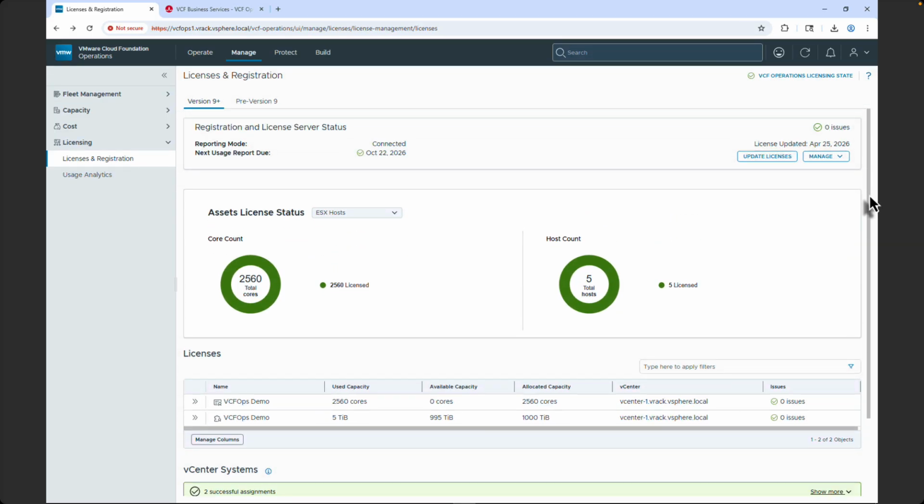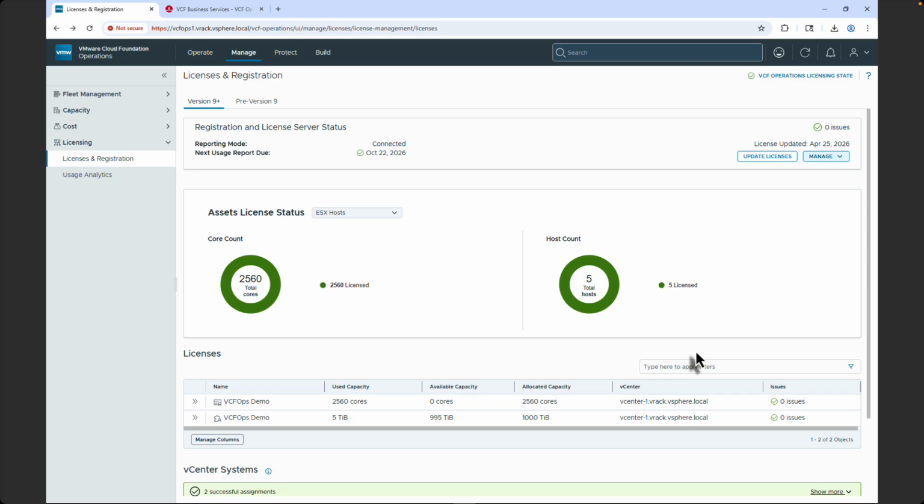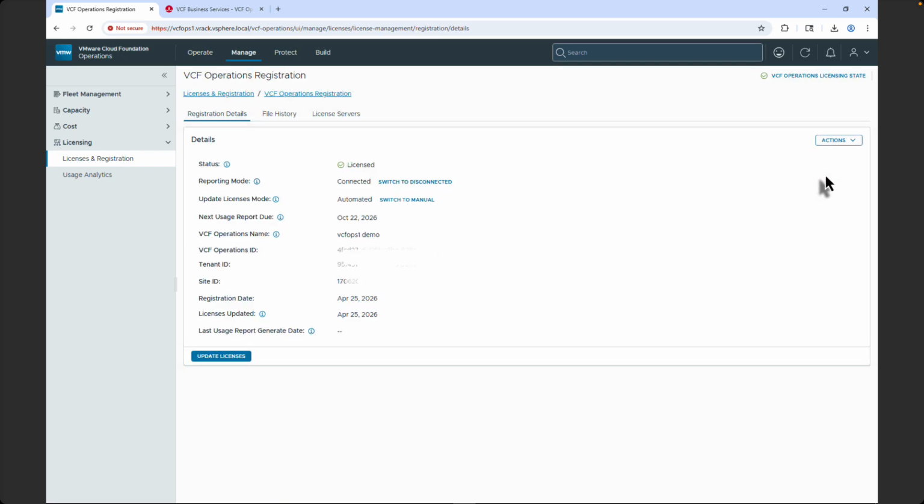In connected mode, our licenses are automatically updated on a daily basis, and license usage is automatically confirmed. And with a quick scroll, we can see both our VCF and vSAN assignments. At any time, an admin can manage their licensing from within VCF operations, and they can view their licensing registration details. And they can switch licensing reporting mode from connected to disconnected, and they can also switch update license mode